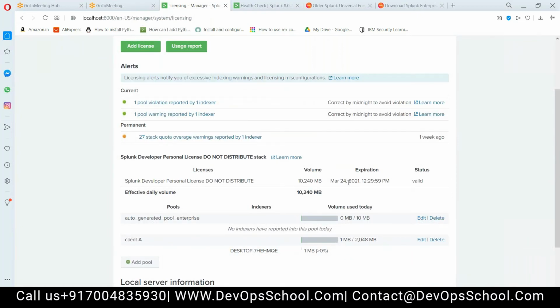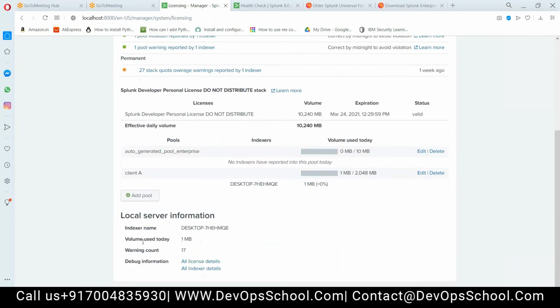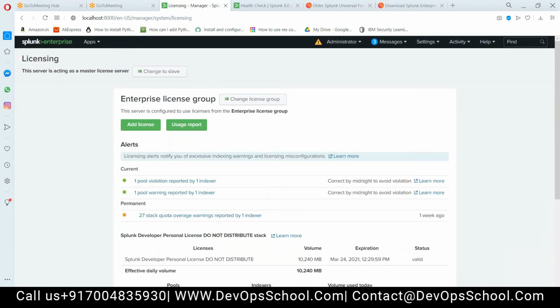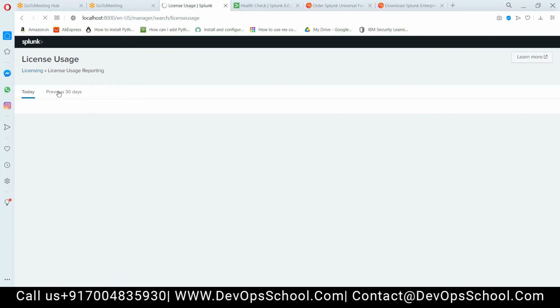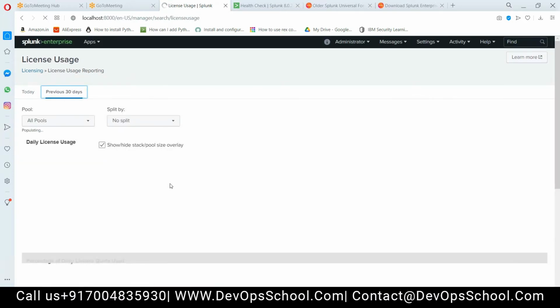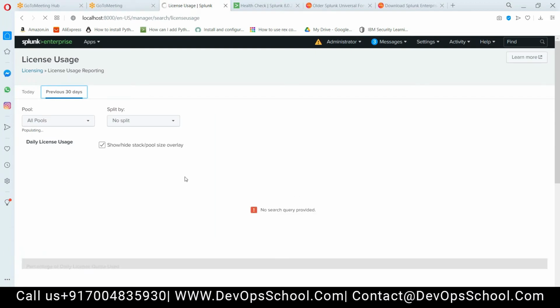It expires on March 24, 2021. License volume used today is 1 MB. Now I want an overview of the past usage. I'll click on this usage report. I can see the data used in the previous 30 days as well. I haven't stored anything, so it will not show.